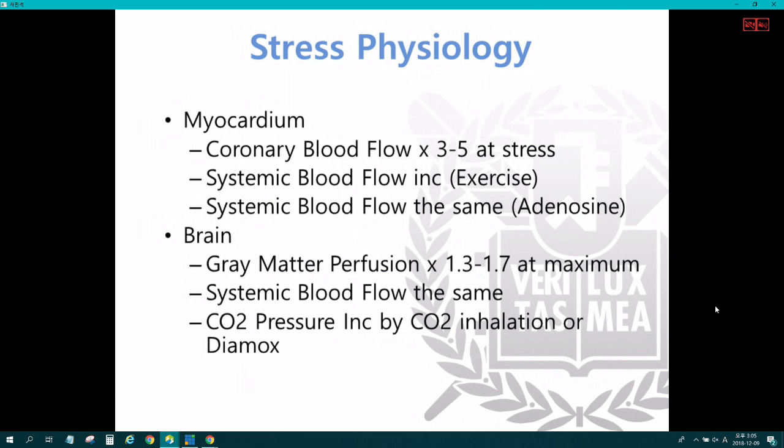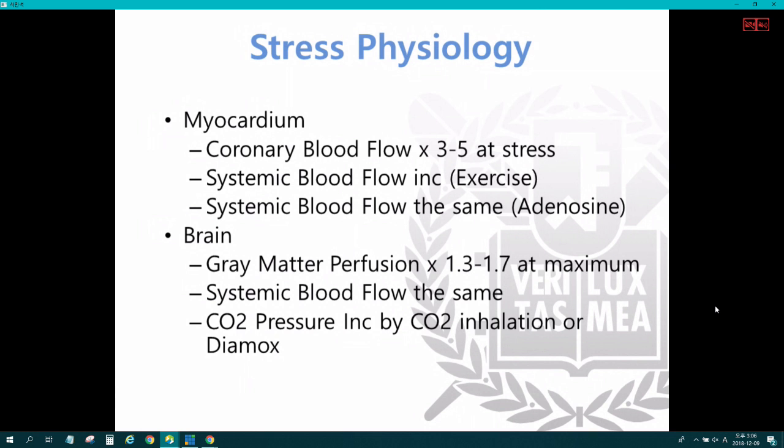and for the 3 to 5, another 20 or 30% is because of vasodilation. So there has been the concern or the relief. Adenosine is just a vasodilator, and exercise increases cardiac output, and the vasodilator in combination gives 5 times. So 20% of the vasodilation is in the conduction arteries and the resistance vessels passing through the myocardium. So that's the story.